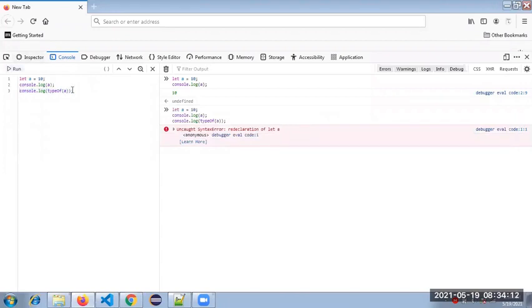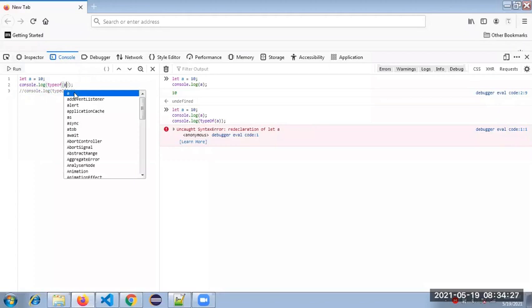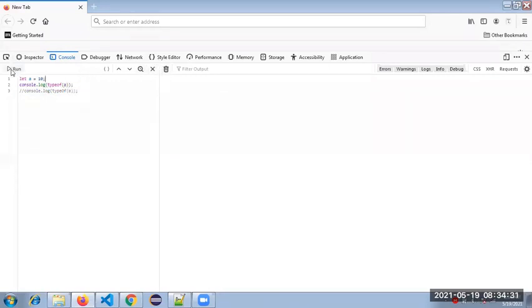Okay, so this is already defined. Starting itself, let me try to define it. This time also we will get the same. Then, it's already registered in the stack.